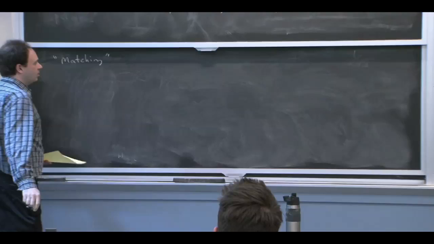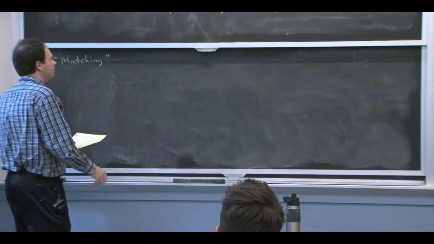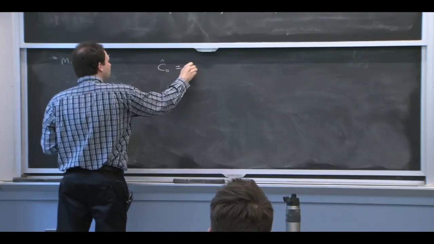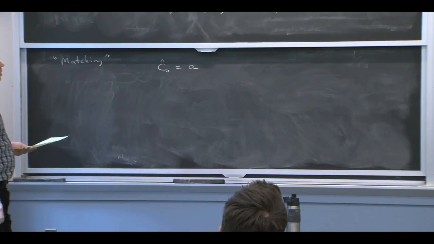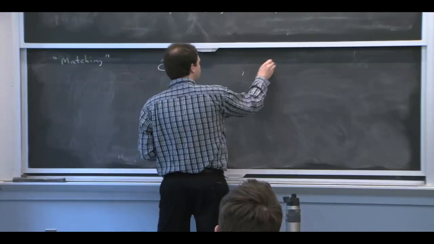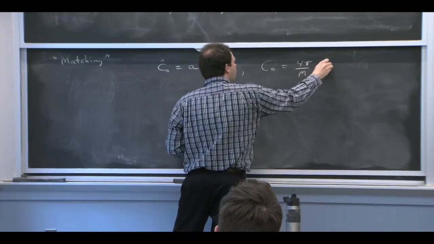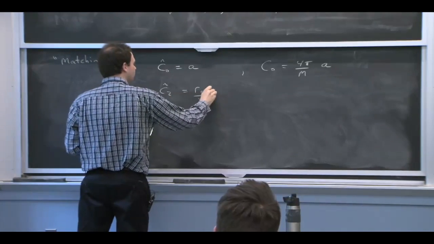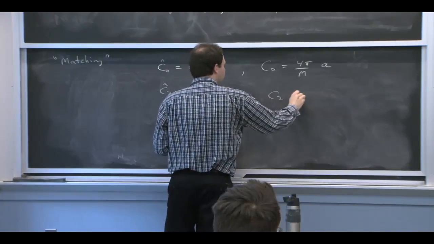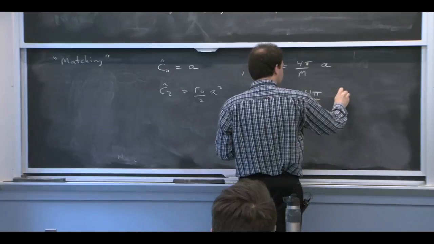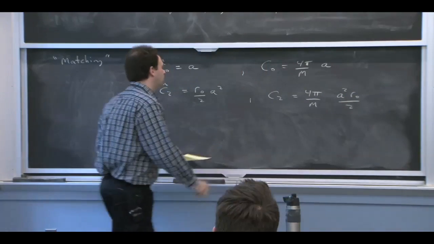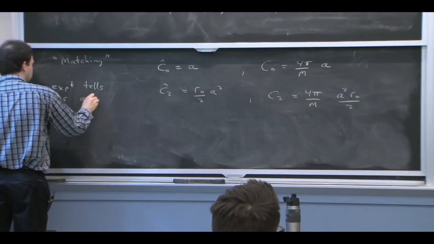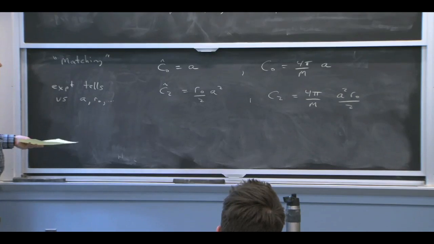So you can think, if you like, in terms of determining the values of the C's. You can say, well, experiment tells me the values of the scattering length and the R0, and that's indeed true. So this equation that C0 hat is equal to A, you could view this as a matching equation. Putting back the M, we have that. And then for C2 hat, we have R0 over 2 A squared. So pretend that experiment gives you R0 and A, which they do measure, and then you know the value of your Wilson coefficients, and you can start